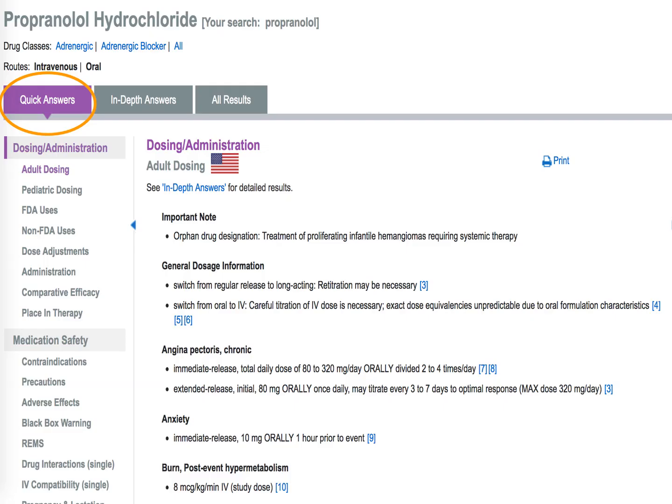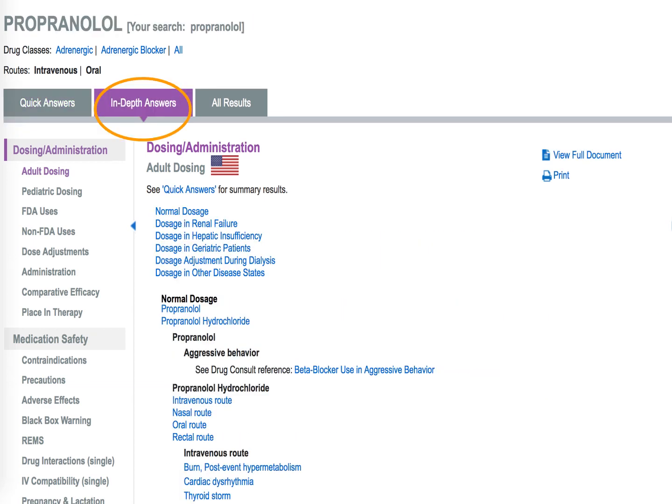The default monograph when searching for drugs in Micromedex is the Quick Answers. In this section, you will get abbreviated information about the drug. In order to get in-depth information about the drug for which you are searching, you need to choose the In-Depth Answers. When I go to Micromedex to look up drug information, I always look in the In-Depth Answers section of